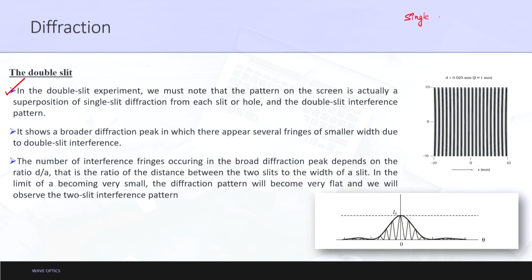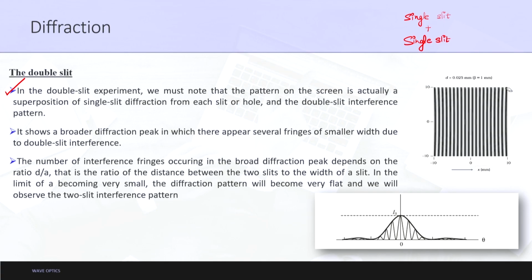So, the complete effect which a single slit produces happens twice and is superimposed on each other, and hence we get an interference pattern from each slit or hole, the double slit interference pattern. Double slit interference is just a superposition of two different single slit diffraction patterns. So, it shows a broader diffraction peak in which there appear several fringes of smaller width due to the double slit